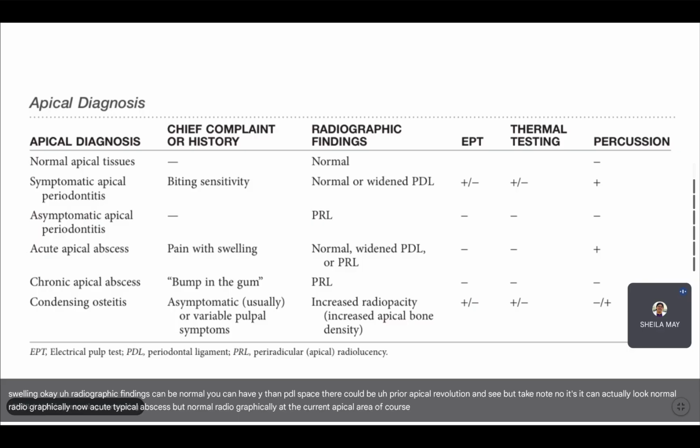Now, of course, here in this case, because it is an abscess, the pulp is already necrotic. One other way of knowing that it is acute apical abscess is the positive result to percussion. So this swelling is your only clue. And usually this is the condition wherein the patient would come